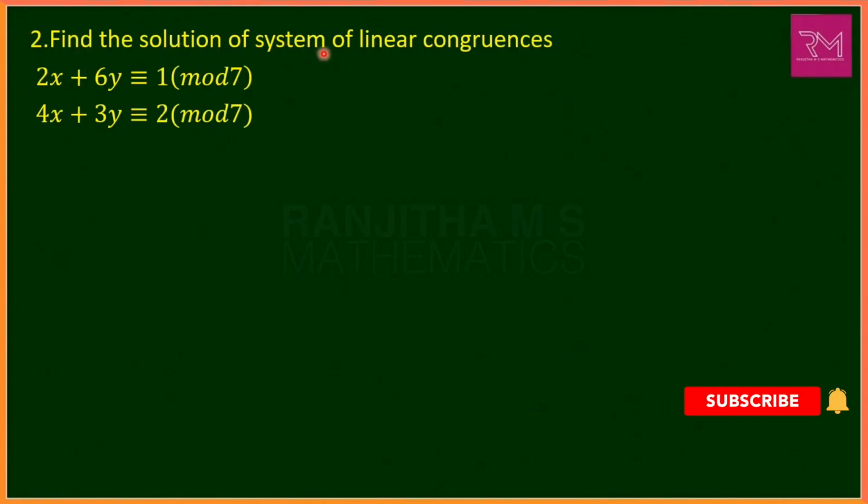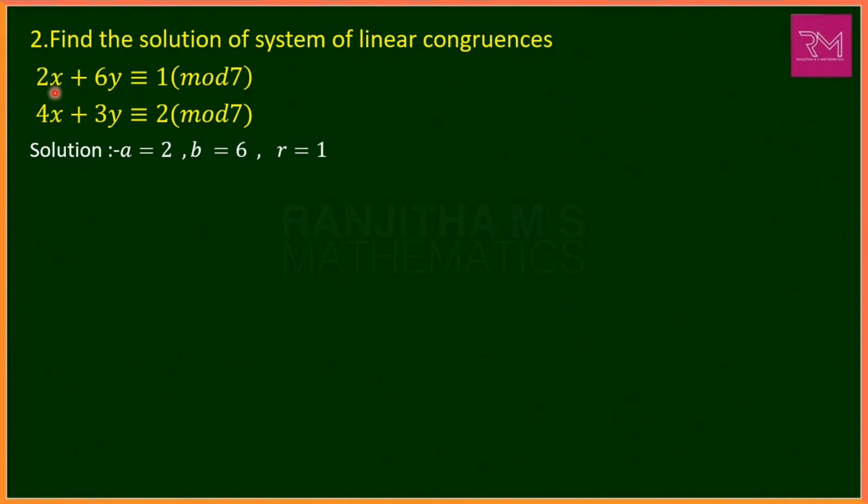Find the solution of the system of linear congruences: 2x plus 6y congruent to 1 mod 7, 4x plus 3y congruent to 2 mod 7. If this is given in an examination, we have to observe whether the given system of linear congruences has only one variable or two variables. Here we have two variables x and y, so we have to find a solution for a system of linear congruences in two variables. First, for the first linear congruence,